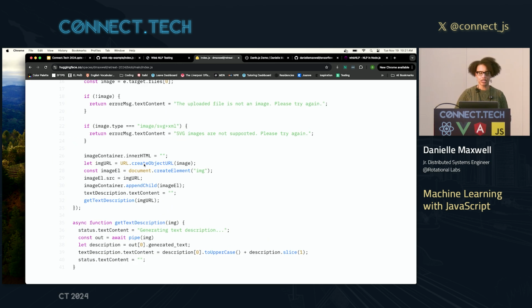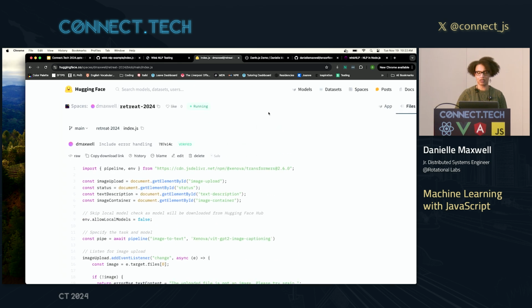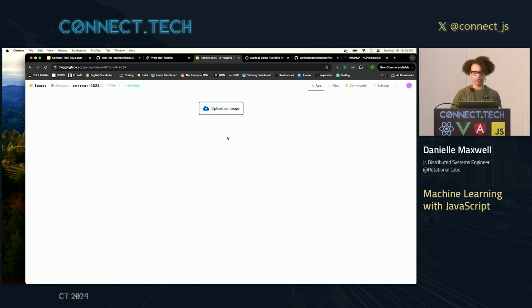And I'm using Transformers.js. What they have is something called Spaces. With these Spaces, you can just upload your code. It looks very similar to GitHub, right? It looks like a repository. You can connect it to a GitHub repo, but when I created this, I just uploaded the code directly to their Space. Here are all of my basic files. And then if I click on app here,